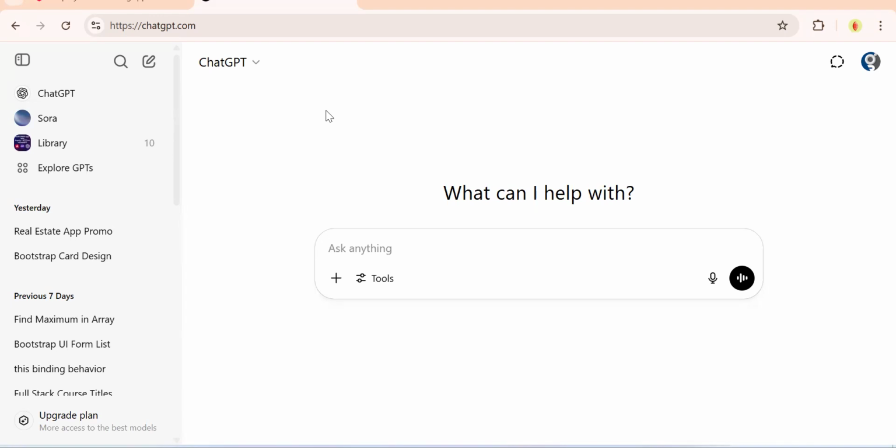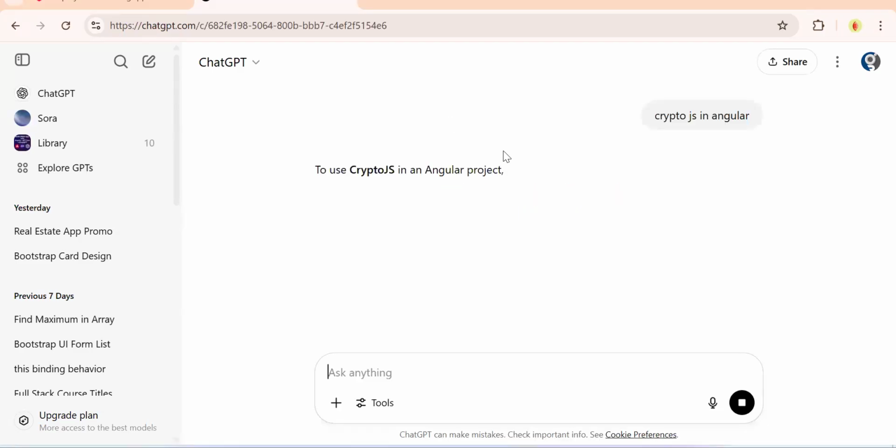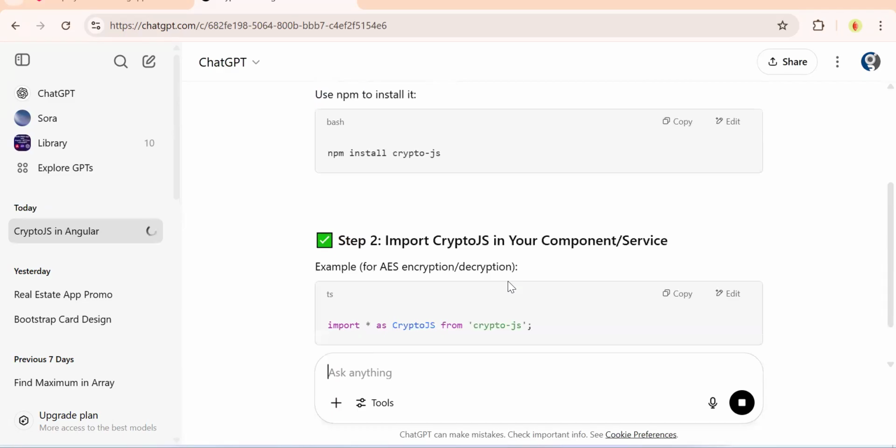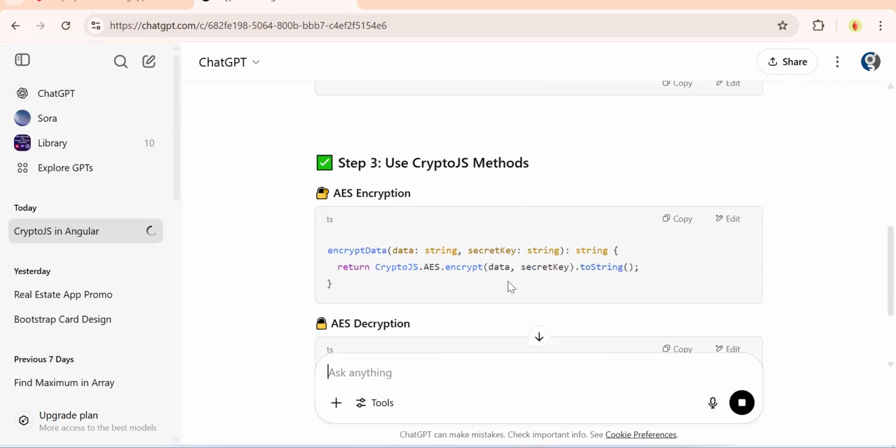What's the main thing when we do encryption and decryption? Forget about Angular. You will need a key. We have that in crypto.js. We have to create our key. Whenever we encrypt, we have to specify the key. Whenever we decrypt, we specify the key. Likewise, it will do the encryption and the decryption. In Angular, they will have a service by which we may use it.